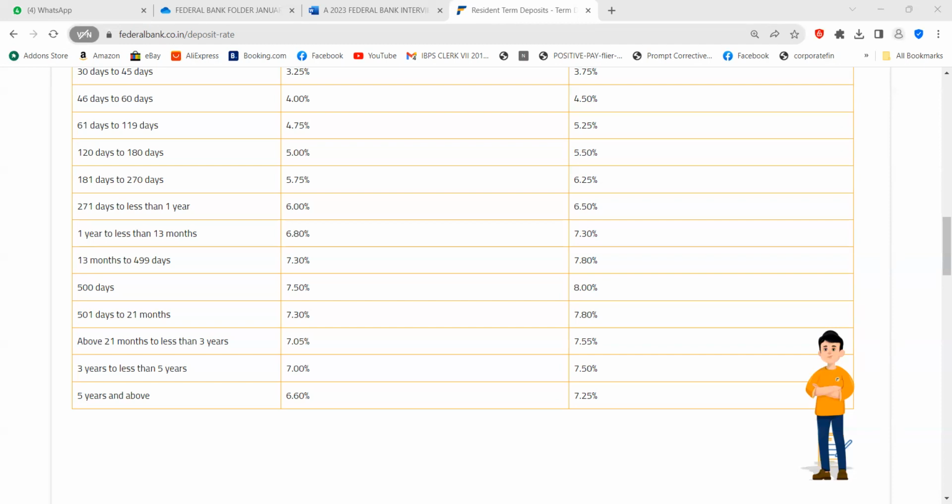Okay, sir. What is a demat account? A demat account is a dematerialized account where stocks are held in electronic form. Correct. Bought and sold without paper, in electronic form. Yes, sir. Very good. You told correctly. And the next point is,